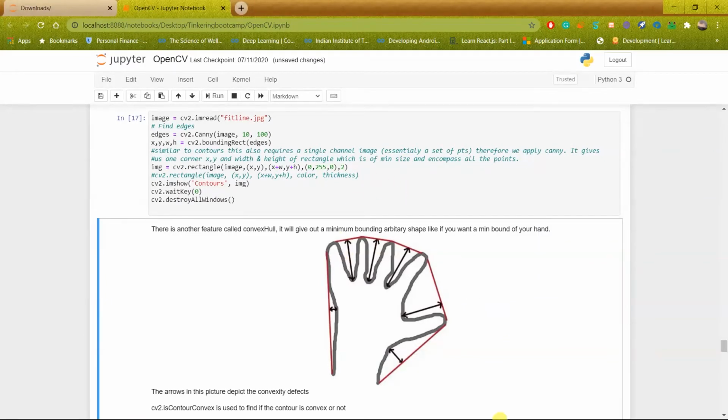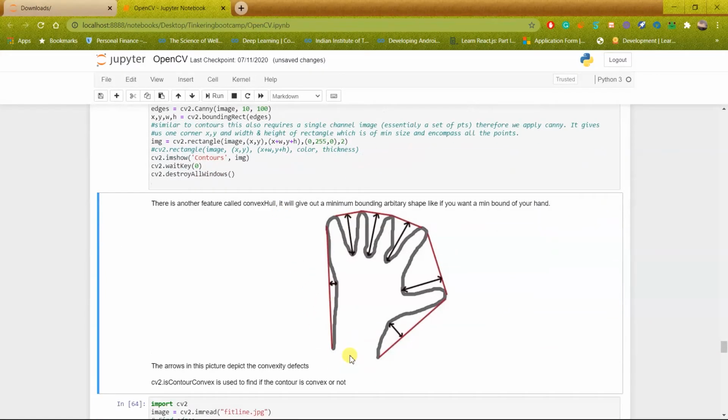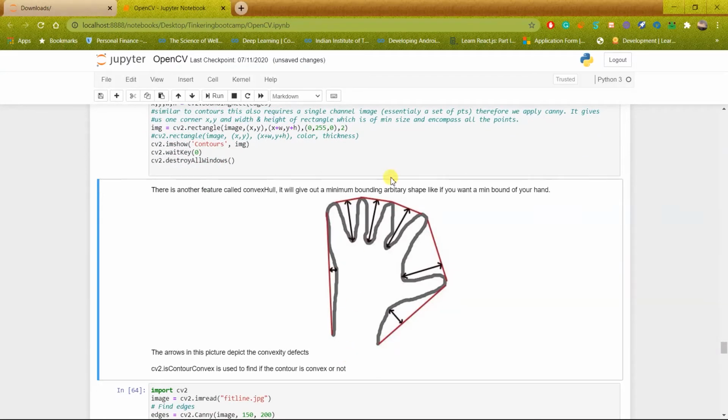So there is another feature called the convex hull. So as you can see here, this is a convex image, right? So basically, what is a convex shape? So convex shape is a shape in which if you connect any two corners, the line joining the two corners of the shape does not pass outside of the shape.